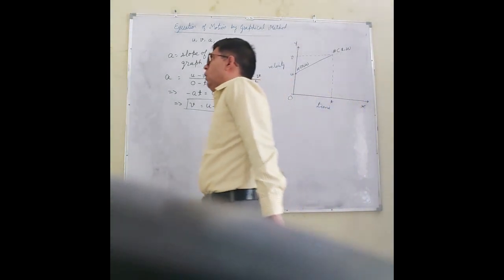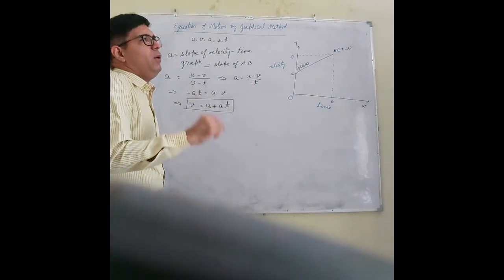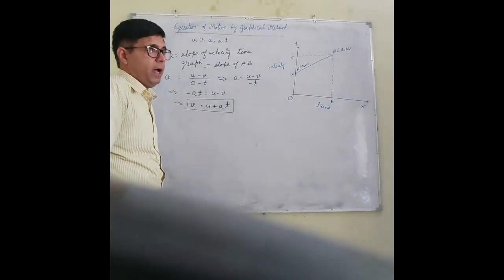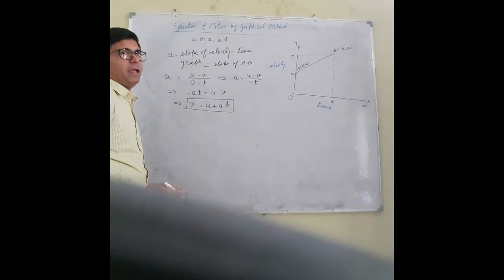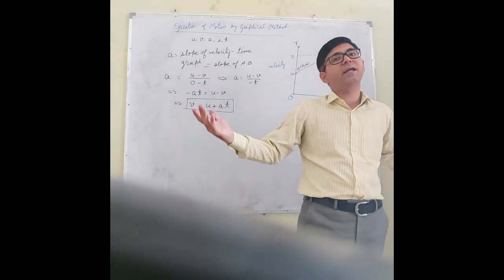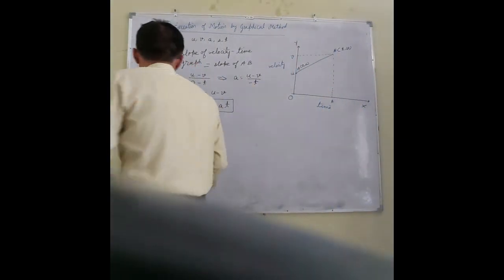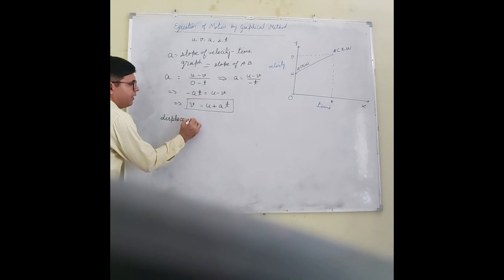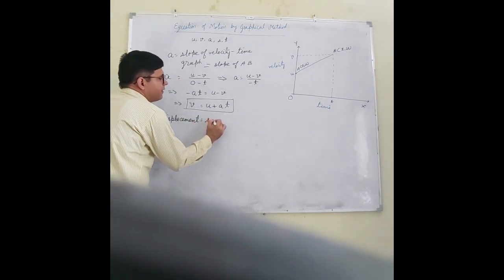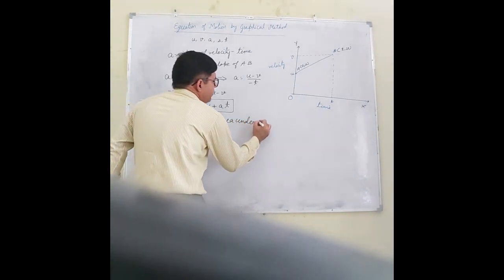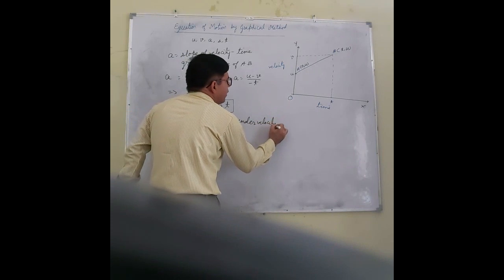Now, in the velocity time graph, we discussed two concepts. One is the slope, and the other concept was the area. Can you tell me what the area of the velocity time graph indicates? It indicates the displacement, and s is displacement. So I am writing displacement s: it is the area under the velocity time graph.